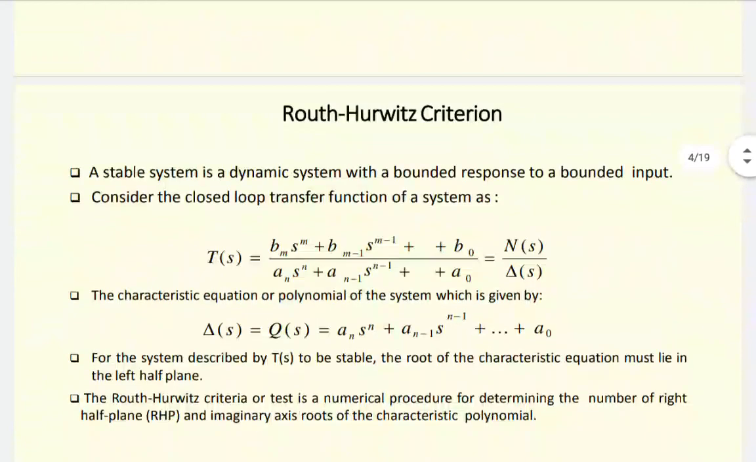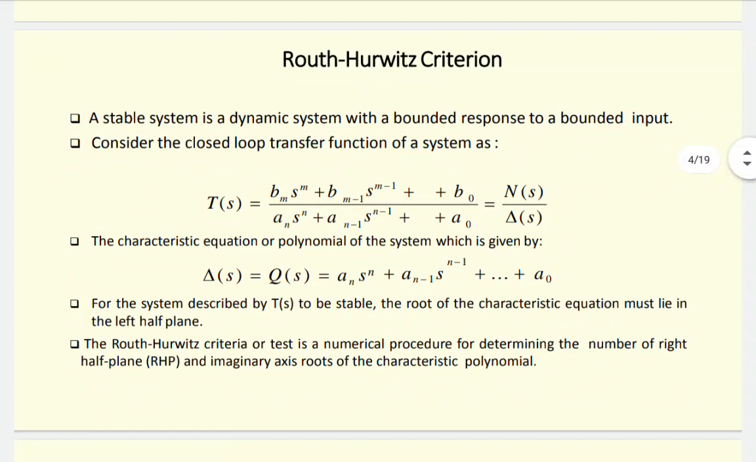Okay, now we are entering the absolutely stable system determination, known as the Routh-Hurwitz or RH criterion. A stable system is a dynamic system with a bounded response to a bounded input. And consider the closed loop transfer function of a system given as T of s is equal to